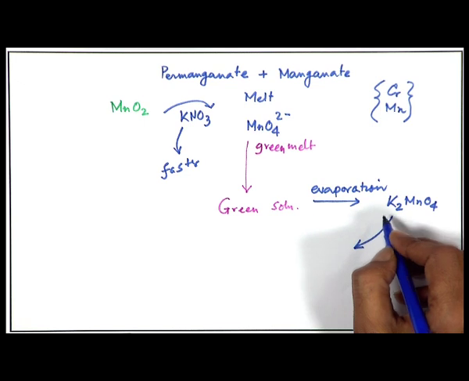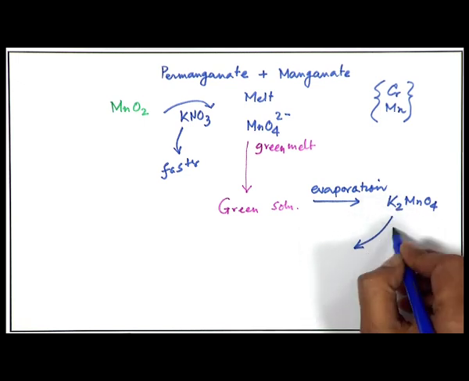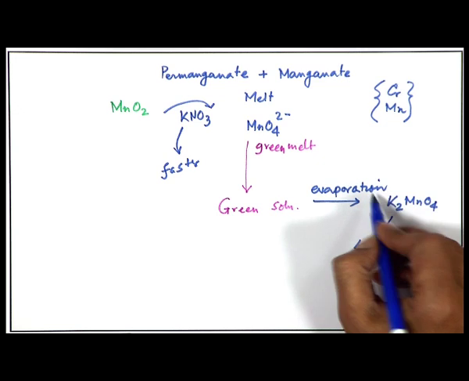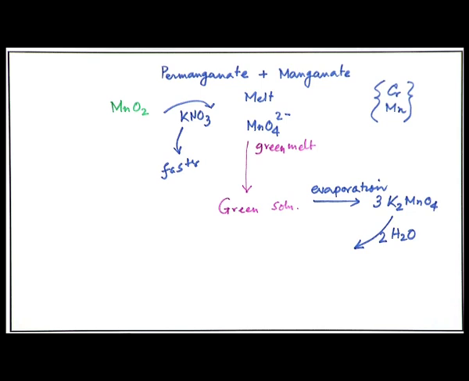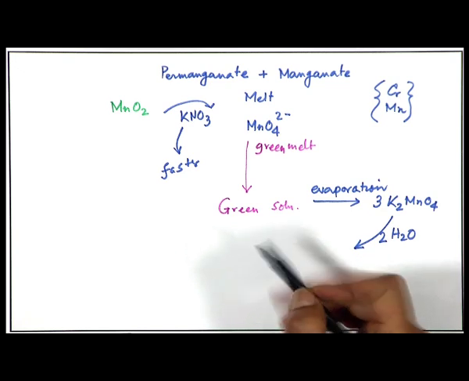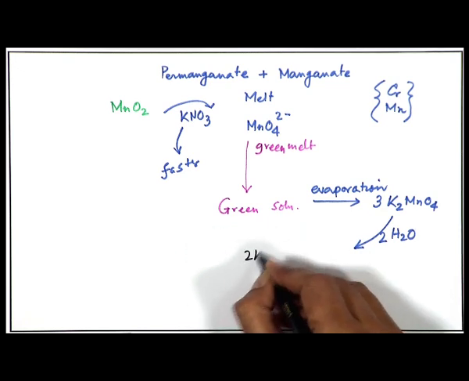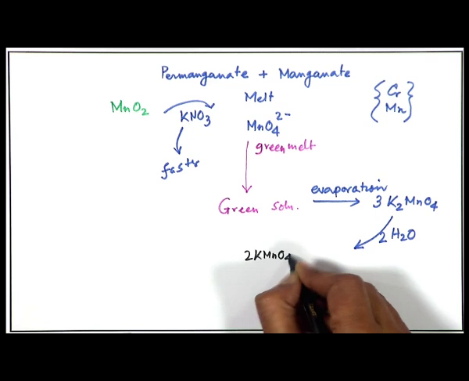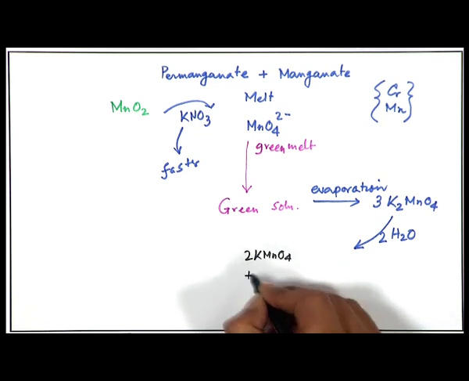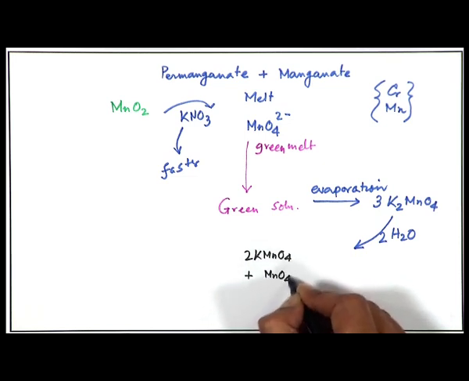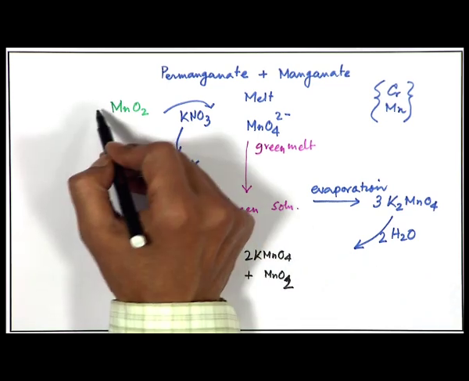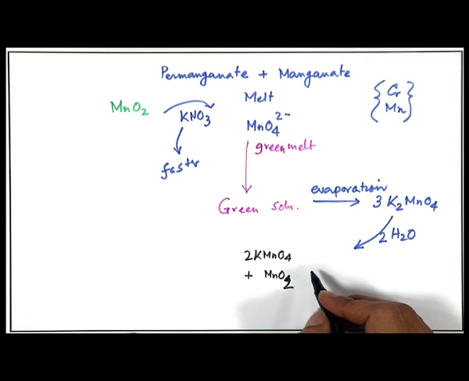So, this is the simple direct reaction with water molecules. 3 of these can react with 2 of these water molecules to give us twice KMnO4 plus MnO2. So, some part of the manganese is lost again as dark brown MnO2